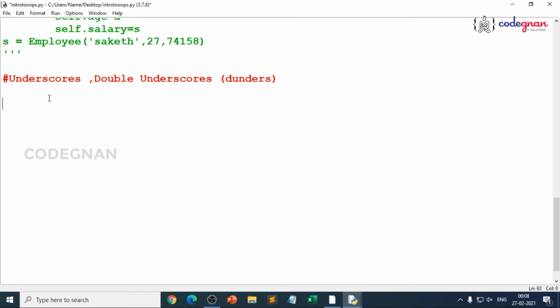So we'll take 5 possibilities. What are the 5 possibilities we can take? First one is single leading underscore. We'll understand about each one of them. Single leading underscore. The second approach is single trailing underscore. Before going into single leading underscore, why can't we have only a single underscore? Why is it leading or trailing? Because when I say leading, it is the beginning, right?